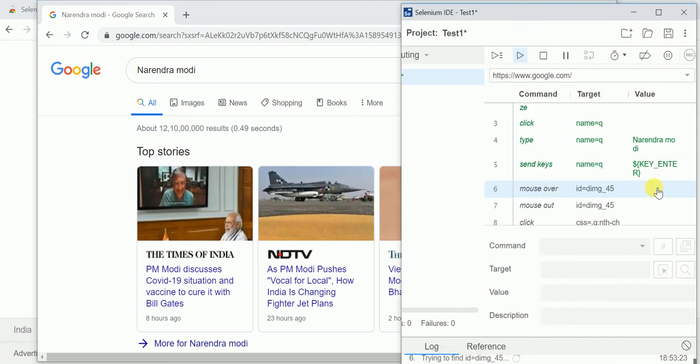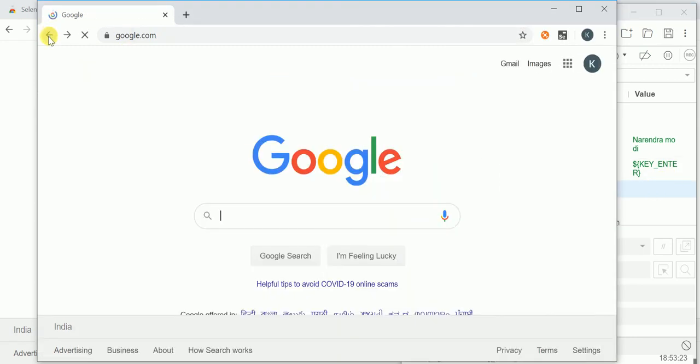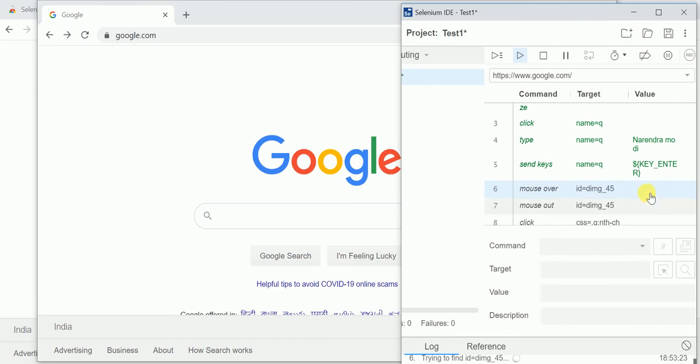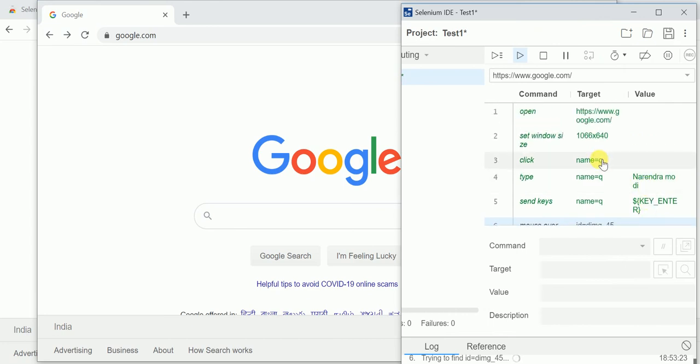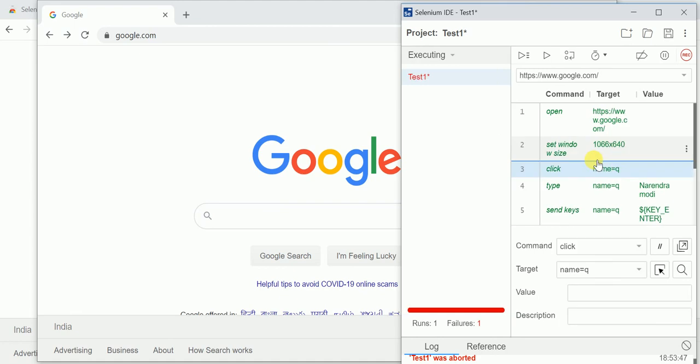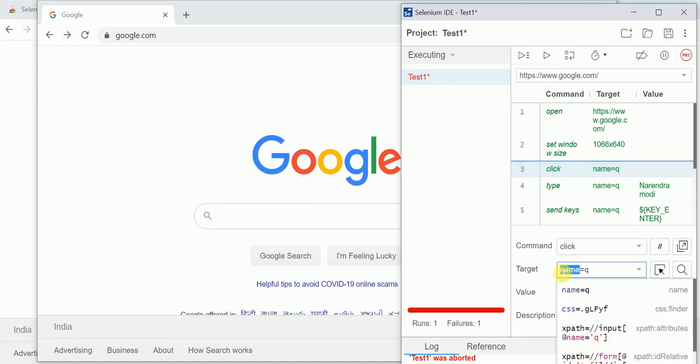And one more thing here. For example, how is the Google field being recognized? I want to see that. Select any command wherever the locator is there, first stop it, then select this command. Can you see the command and then the target? Which element does name equal to q belong to? The syntax is the name attribute and its value. And one more advantage you can see here.